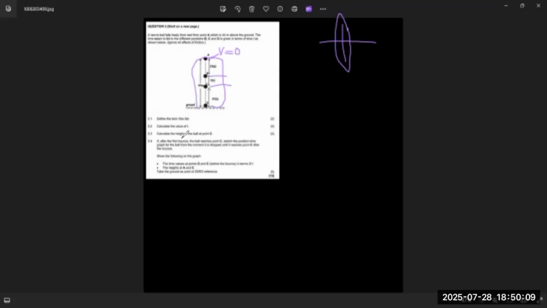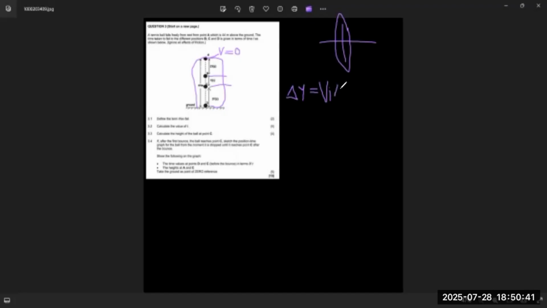Let's get to 3.2. They are saying calculate the value of t. What is t in here? T represents time, but it's not really the time taken from A to D. The best way for us to get t, which formula can we use? Let's use this formula: delta y equals vi, which is our initial velocity,